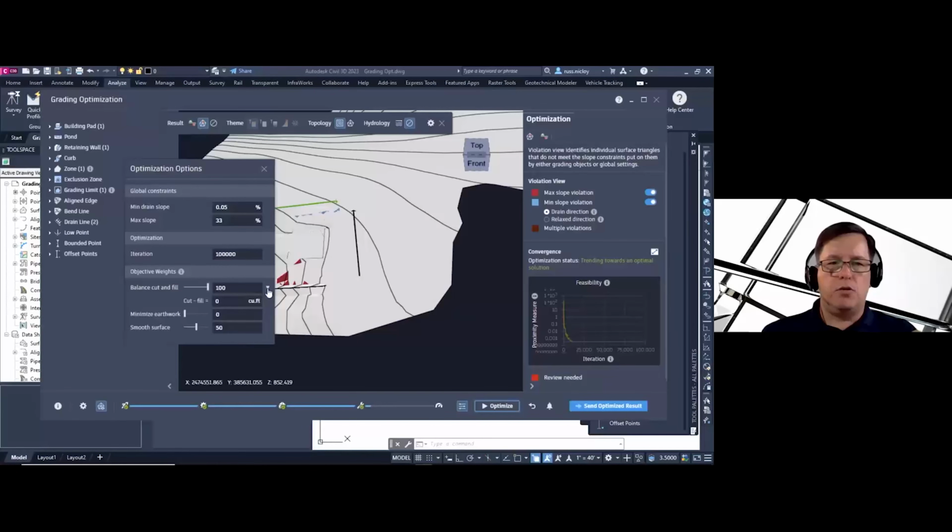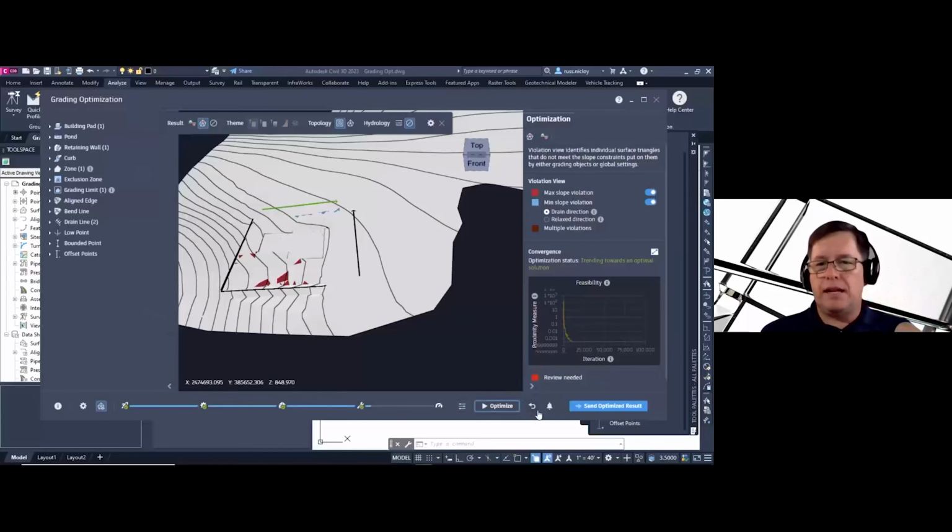I'm going to use the arrow to open that up, and you can set what your target is. My target's going to be 0. I'm going to try and balance this all the way out and not truck anything in or out. But if you have a number or amount that you want to hit, you can set that there. Now with that, notice that I did not hit the reset button, and actually you should at this point, and